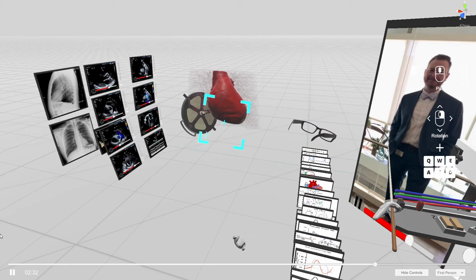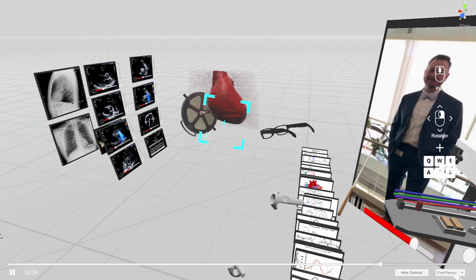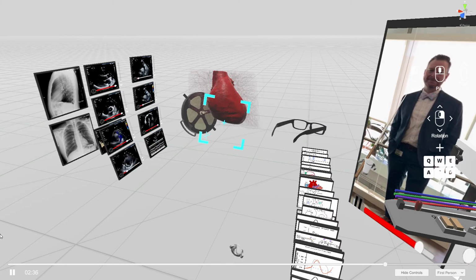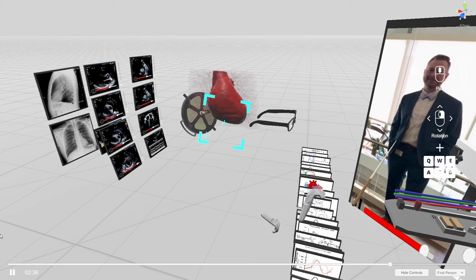This is me over here, the big doofus standing right there. I think I've made him a little taller than I actually am as well. So anyway,